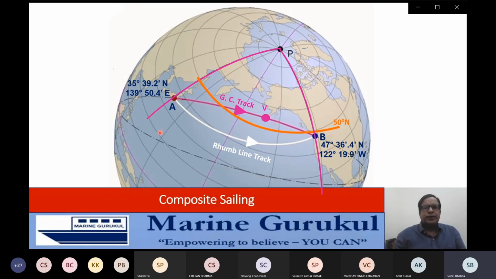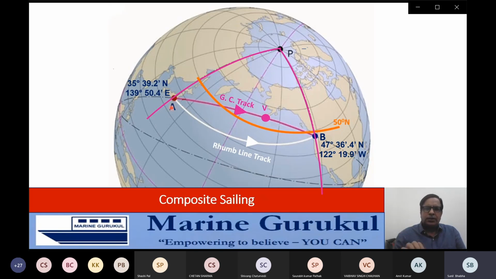In such cases, to strike a balance between the shortest possible distance and also meeting the requirements of not crossing the limiting latitude, the vessel may use a combination of sailing. In this case, a combination of great circle sailing and parallel sailing. What does the vessel do? The vessel figures out a GC track